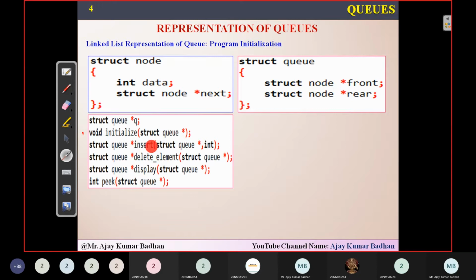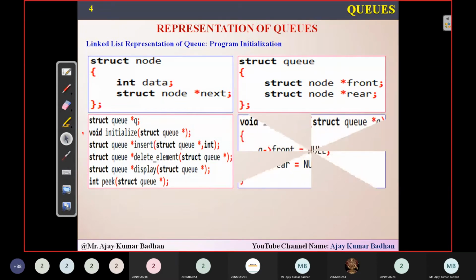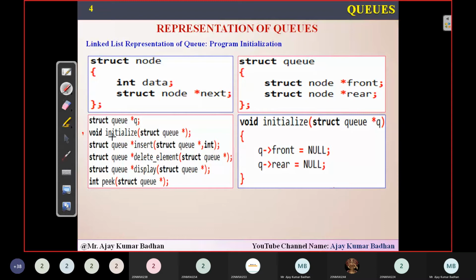So that's the reason all these operations are representing here something called as queue. You can see a queue. You will not be seeing anything called as node. But when we were discussing about linked list, we use something called as struct node. Okay, so don't get confused with that. So initially, as I told you, first thing what we had to do, initialization. What is the initialization? We are using two different pointer variables, front and rear.